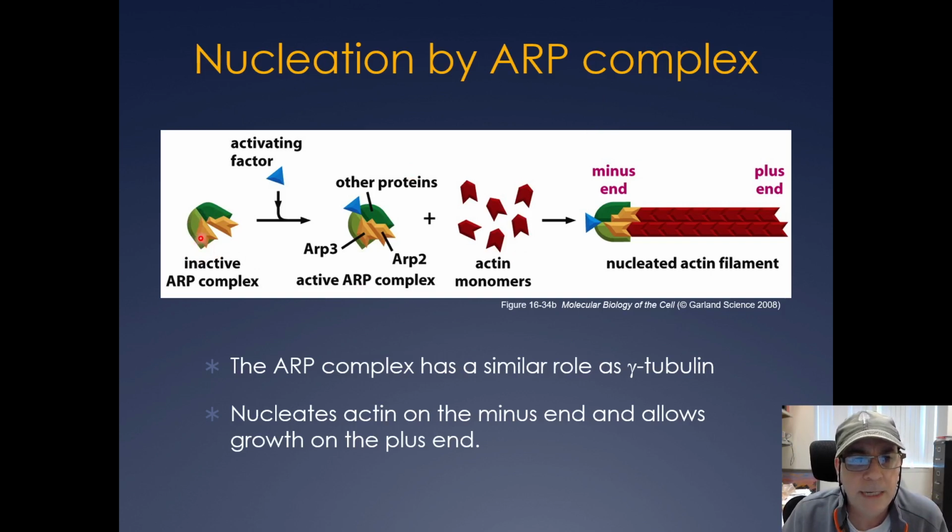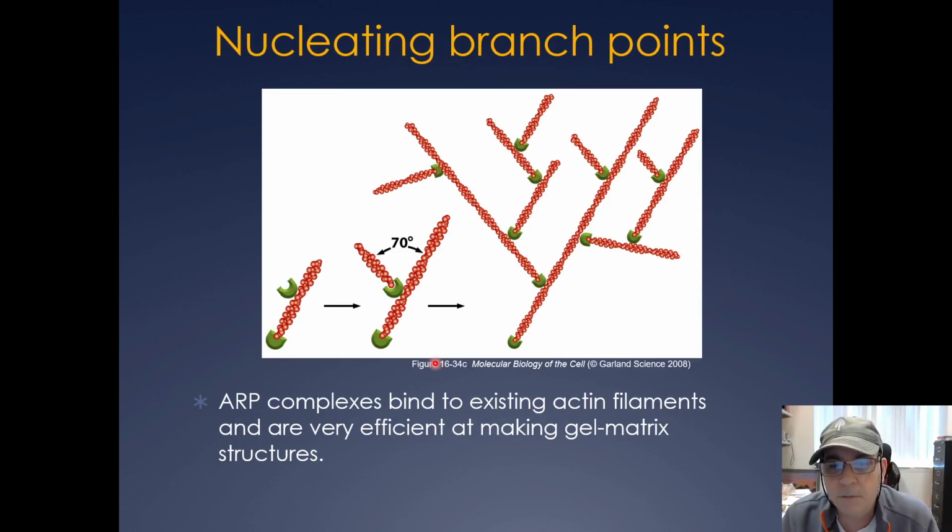Here you'll have your inactive ARP complex with ARP2 and ARP3, then you'll have an activating factor come in, and then that brings them together and serves as a site for the actin monomers to associate, and so you end up getting plus end growth, and there's no loss at the minus end. And so ultimately the ARPs are basically actin nucleating proteins, and it allows growth on the plus end. They function in such a way that they cause these branches, and this creates a gel-like matrix right beneath the plasma membrane, which allows the lamellipodia and other actin-related structures